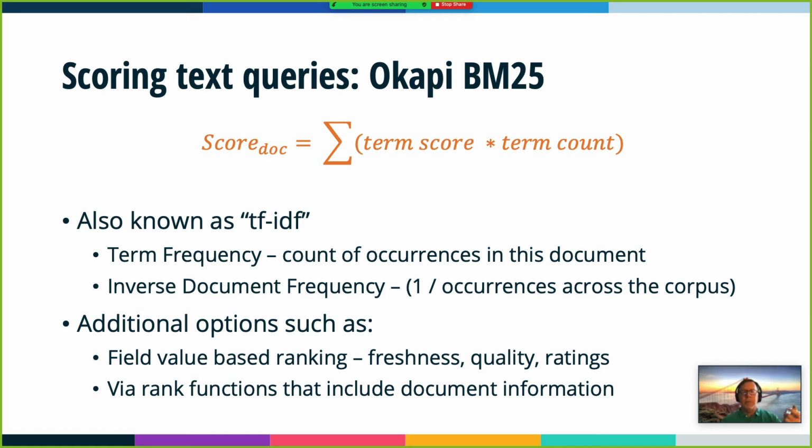you have certain frequencies at which the different terms are going to appear. Some terms are going to be very common. We talked about stop words like a, and, to, the. Those are going to be very common, right? But there are going to be some terms that are very specific. And so when a term matches from a query to a document, you want to take into account how valuable, how discriminative that term is across the corpus of documents. So we look at something called inverse document frequency. It's 1 over the occurrences in the corpus as a stand-in for the value of the term itself.